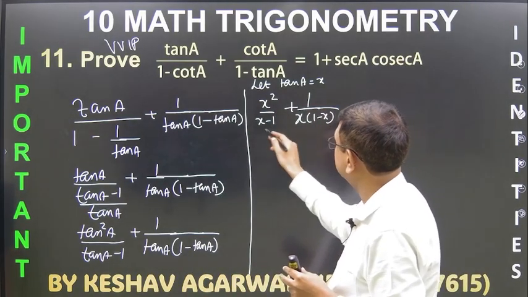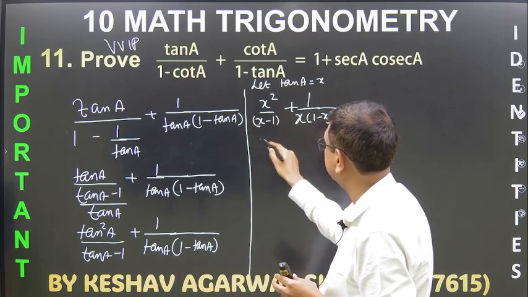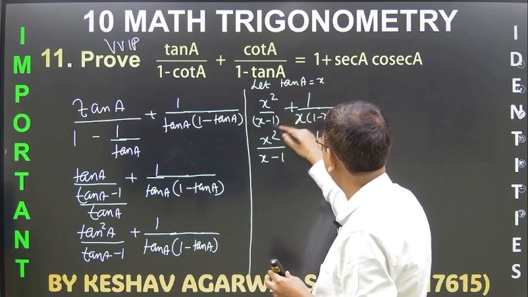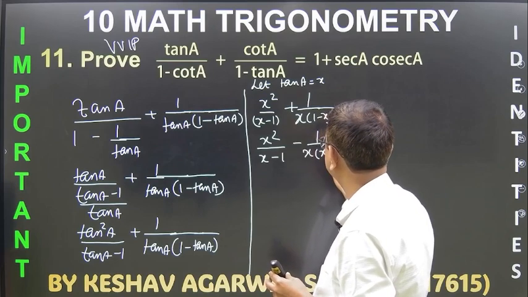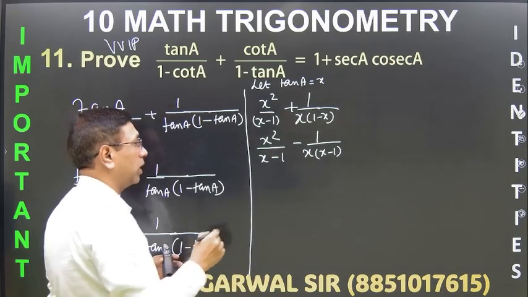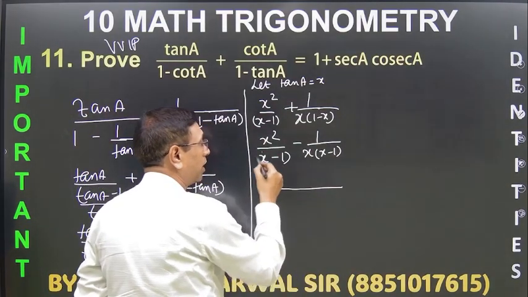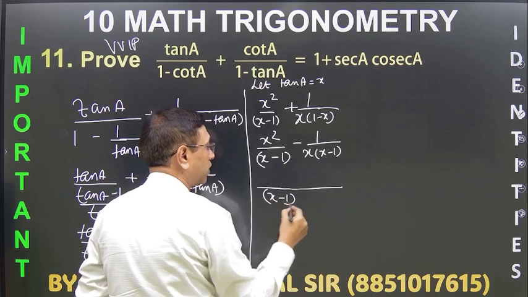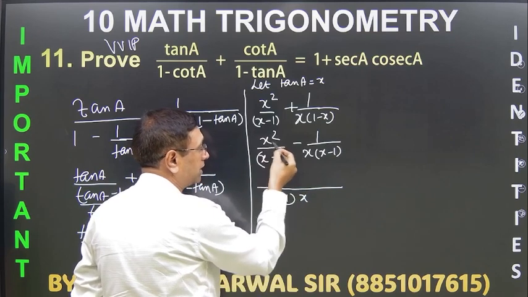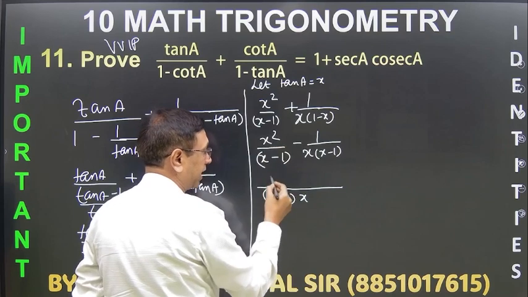So now you see this is x minus 1 and this is 1 minus x. So can we do it like this? I am taking minus common, so it will become x minus 1. Are you getting it? So let's take the LCM now. X minus 1 into x. So divide it. What is left? X. So actually इससे multiply क्या होगा? X. X cube.